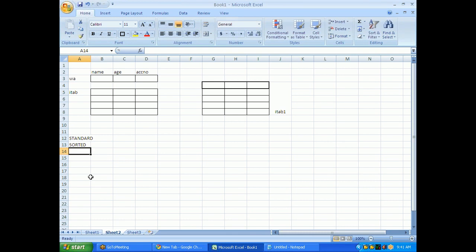Second one is sorted internal table. And next one is a hashed internal table. You can also make a note that by default, any internal table is a standard internal table.